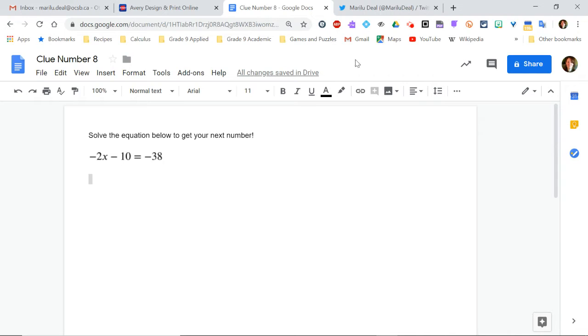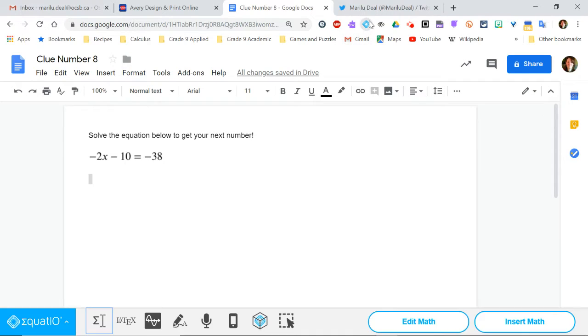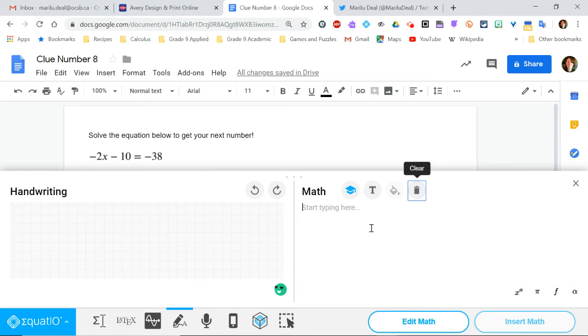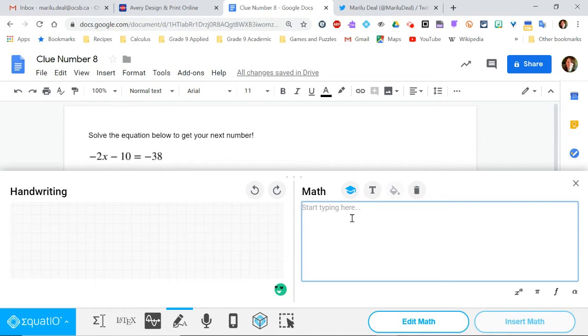So to help me do this, I'm going to open the Equatio extension, and I'm going to use the handwriting recognition tool. So I'm going to select handwriting recognition, and the previous work that I'd used was there. So I'm going to start by going into the math section and setting up a system so that I can align my equal signs. So I'm going to start by doing Shift Enter, Shift Space, and it creates almost like